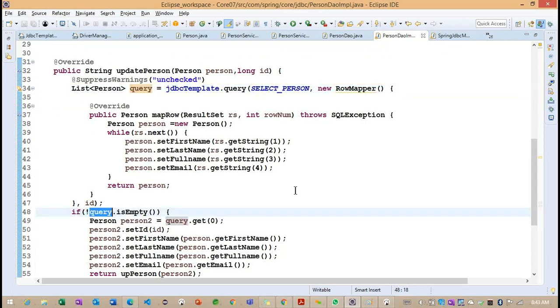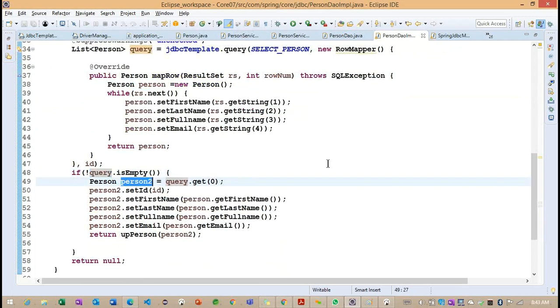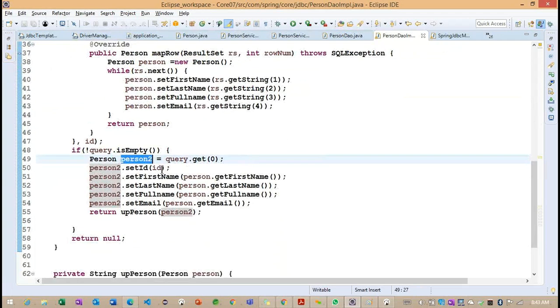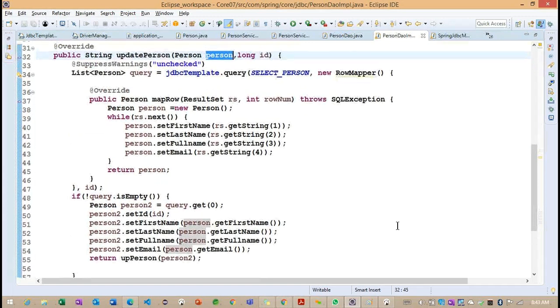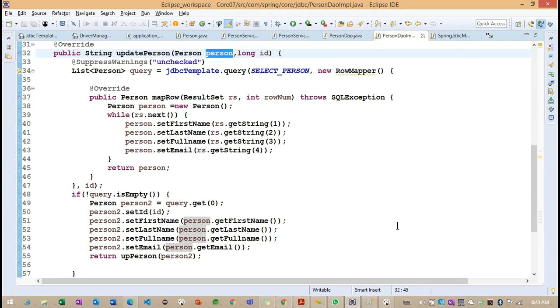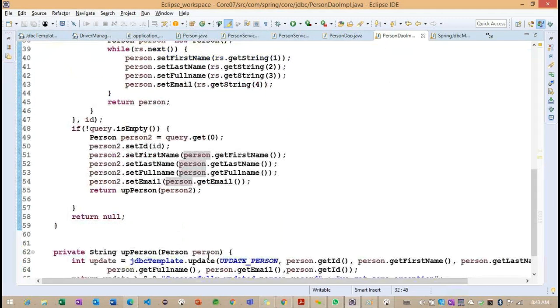And if this query is not empty, we get person2. Based on this person2 information, whatever object we have, I'm setting it to this particular person here. After setting, we call the update and we are updating the records here.